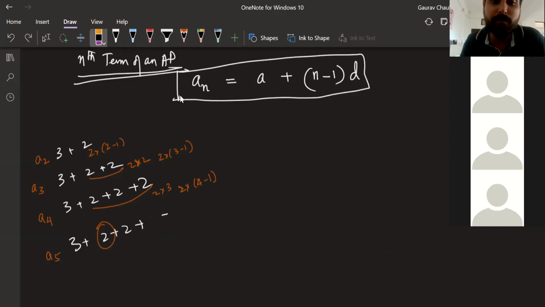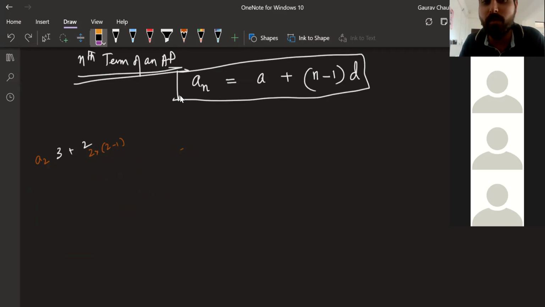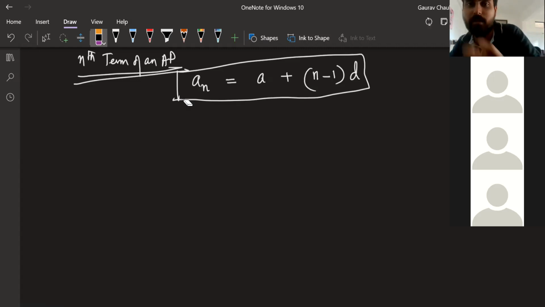But how are we feeling about Mansa's formula, about Mansa's derivation, and about what her thinking was? I think I explained in not such a good way as Mansa did. Mansa did much better.